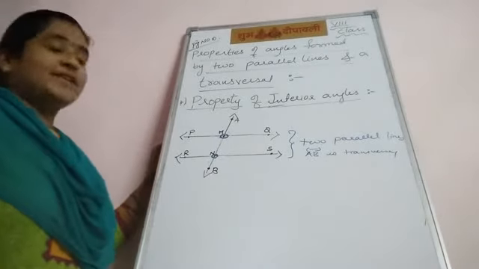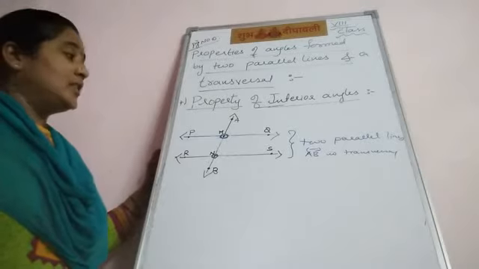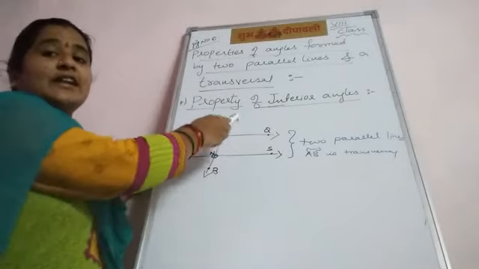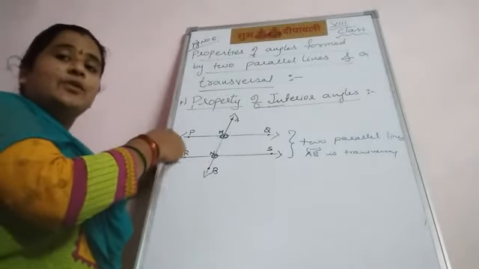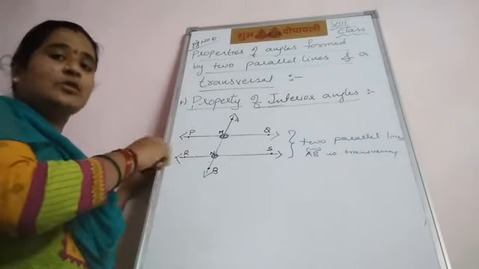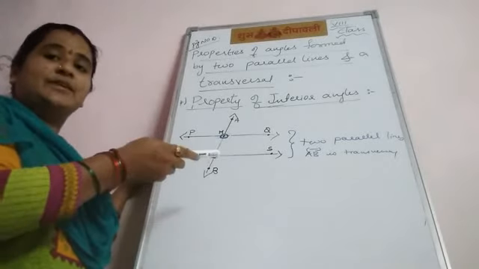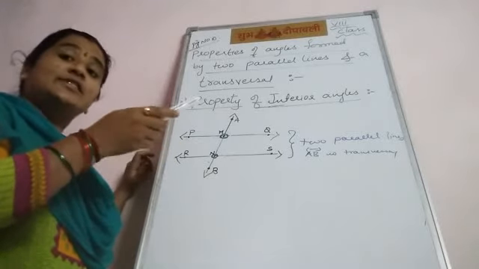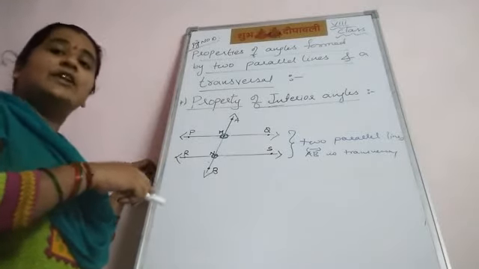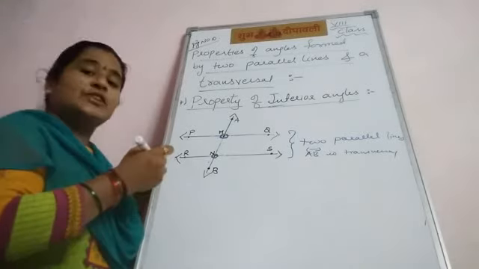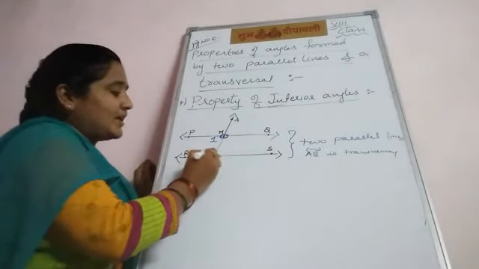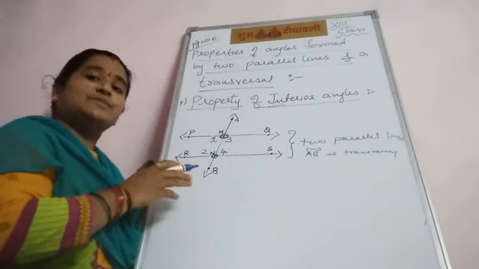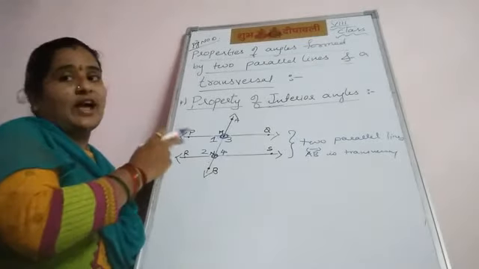Now our last property is property of interior angles. Here two lines are parallel. Line PQ is parallel to line RS and line AB is a transversal. Coming to the property of interior angles, here interior angles are not congruent. Here interior angles are supplementary. Supplementary means 180 degrees. Here interior angles are taken on the same side of the transversal, either left side or right side. Here first I will show the interior angles. Angle 1, angle 2, angle 3 and angle 4. These are the four interior angles which lie between the two lines, line PQ and line RS.